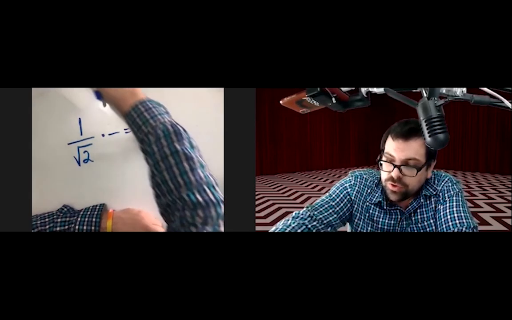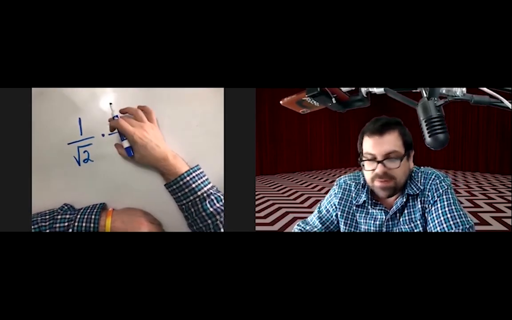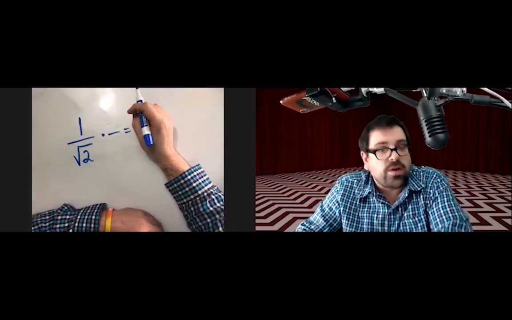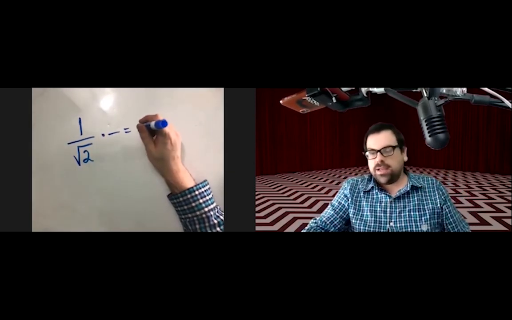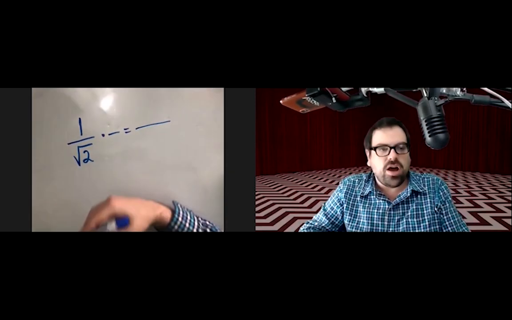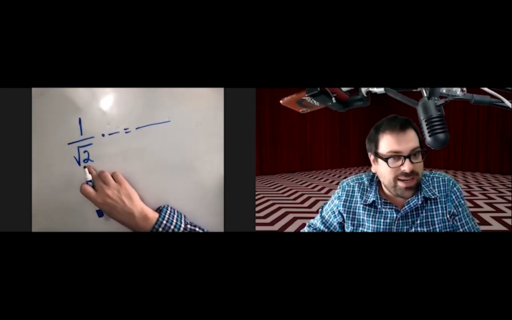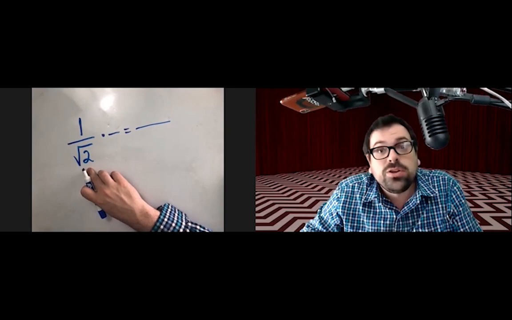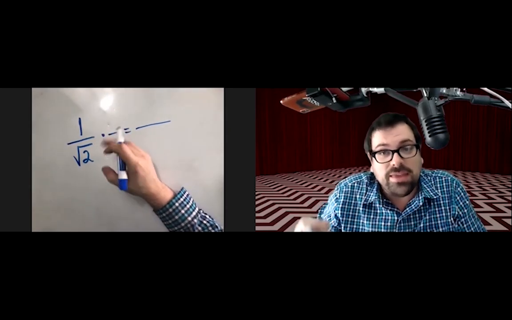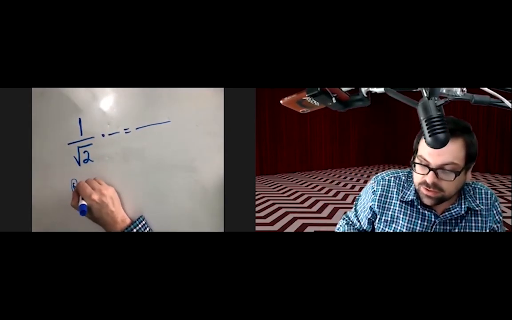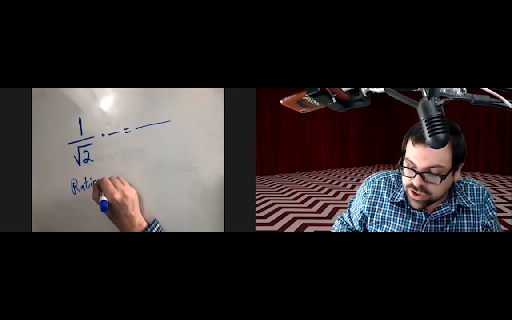So we want to multiply by something over itself in a way that rewrites this as something that does not have a radical on the bottom. It turns the bottom from an irrational number to a rational number. And that's why this process is called rationalizing,